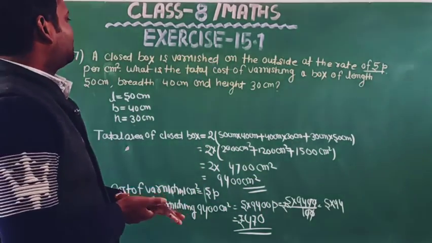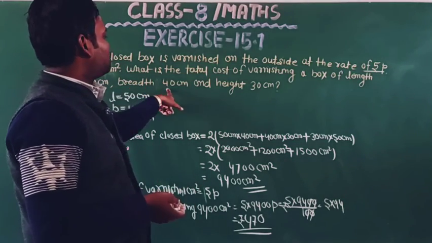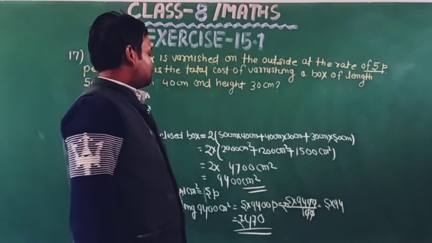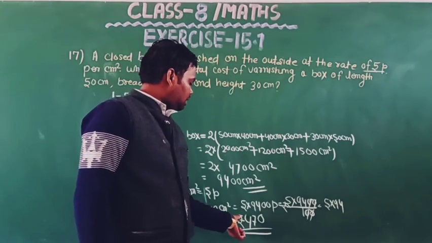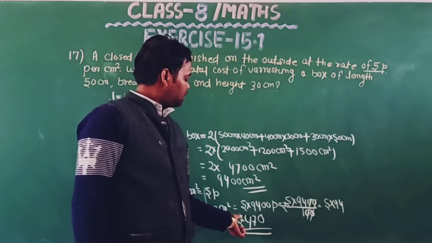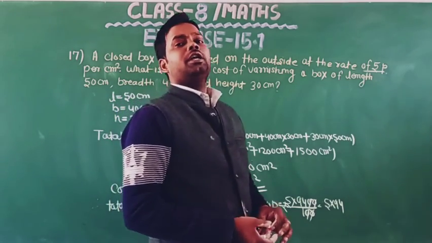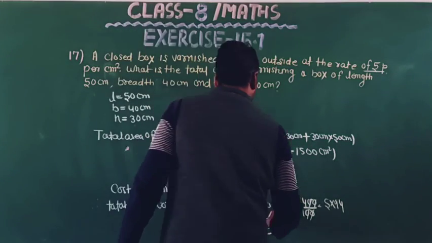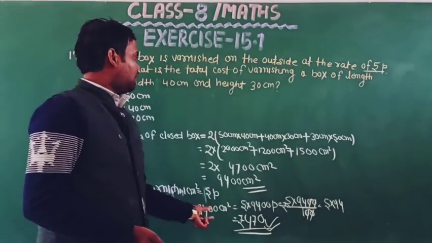The dimensions of the closed box are length 50 cm, breadth 40 cm, and height 30 cm. Okay, so this is the solution of this question. But the answer given in the book is not matched with this. The answer given in the book is incorrect. This is the correct answer of this question. Okay, so this is the required answer of question number